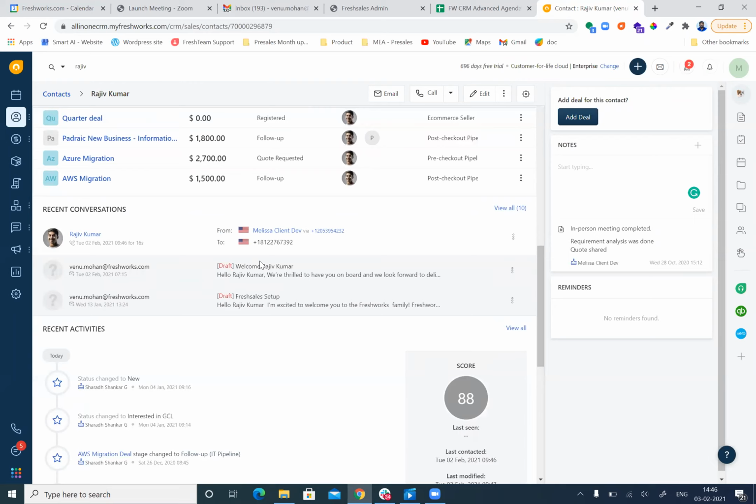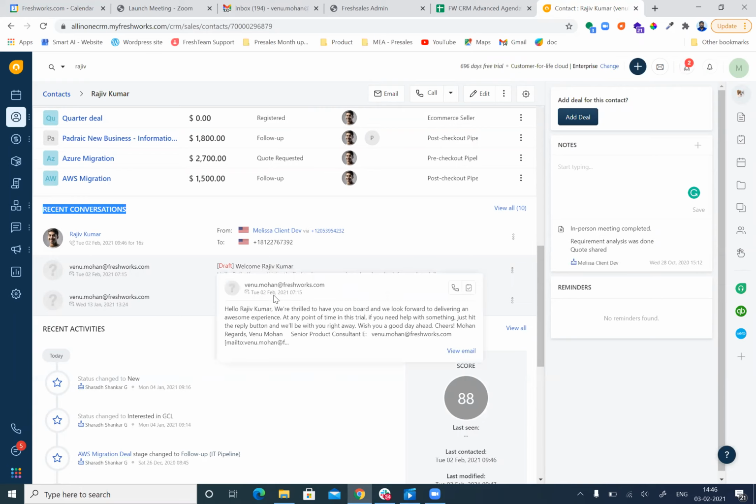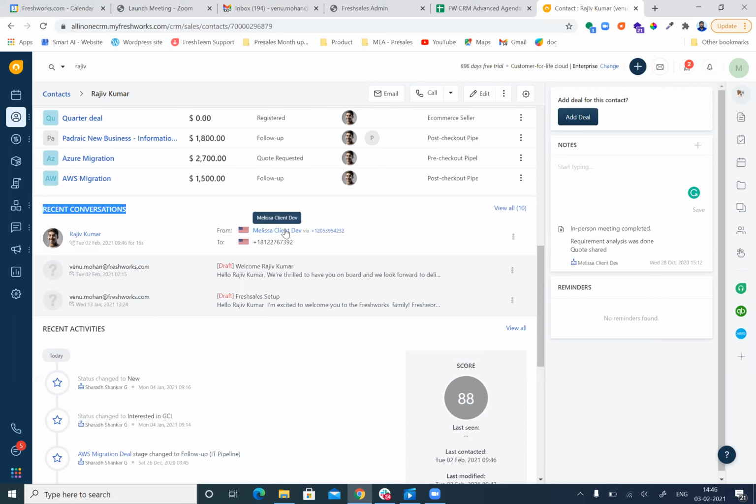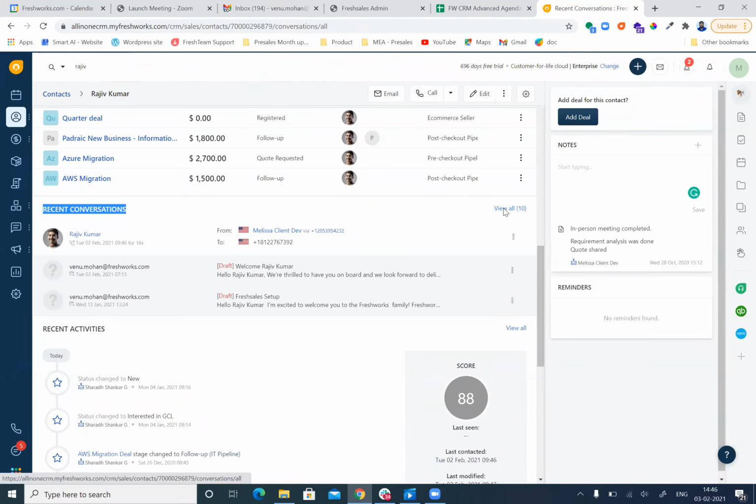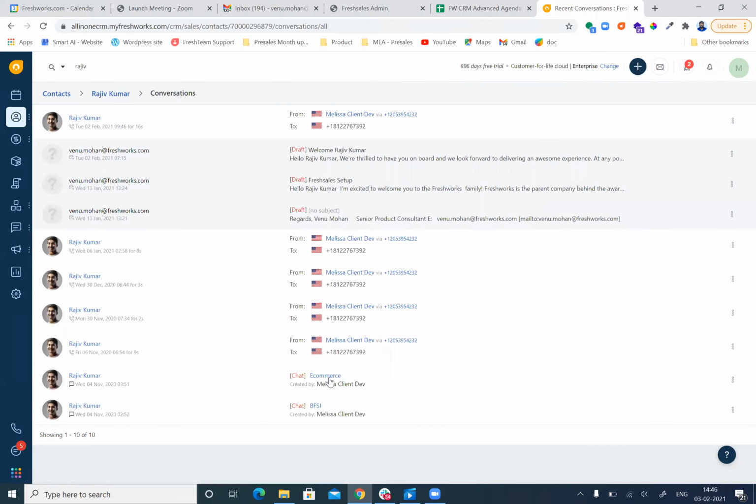So you don't have to go to Google, Gmail, or Office 365 to search for an email of the particular customer. Instead, you are able to see all your email communication about this customer under the recent conversation of every customer profile. Not only the email conversations, but along with that you are able to see all your different channels of conversation, like phone, chat, and email.